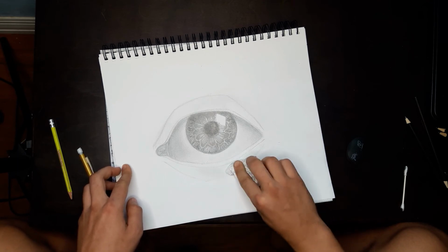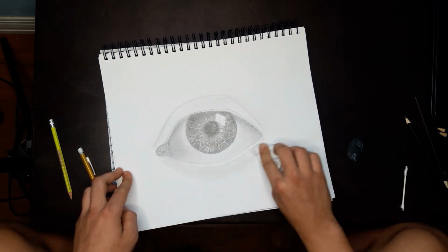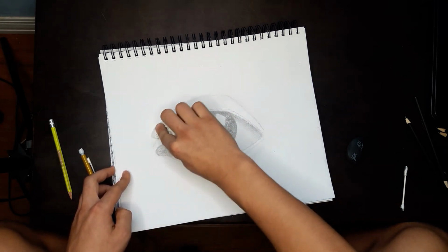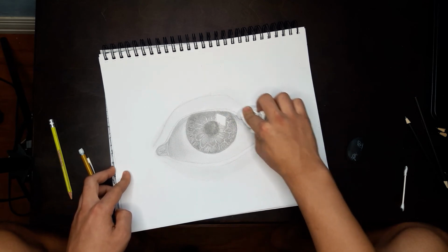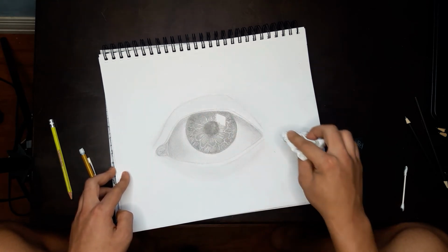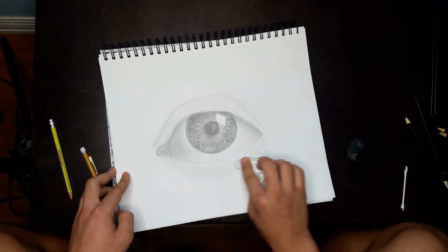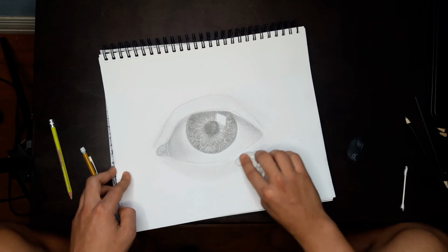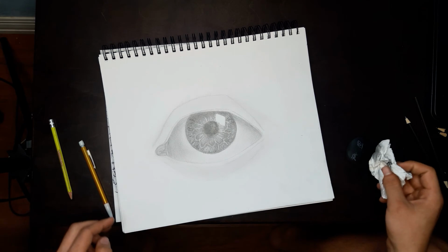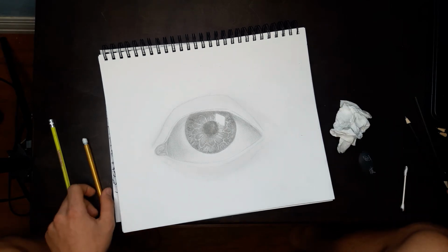This is what I normally do when I do my drawings. I normally just use the rag for it. You just want to go over everything with this. So once you've gotten a light skin tone in,